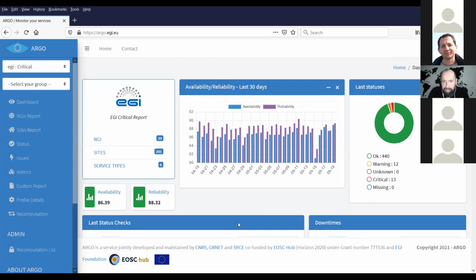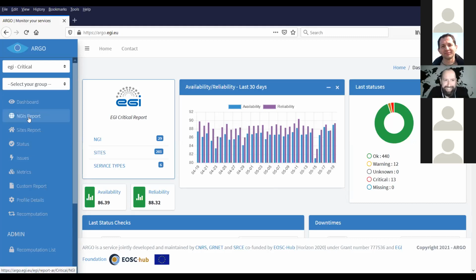This thing should be reasonably mobile friendly, but the dashboard just gives you a quick overview. So how the availability and reliability of the whole EGI was going in the past 30 days. Last statuses. Right now we have 440. To be honest, I'm not sure what these are. These are sites, I guess. No, sites, we have 200 sites. So 440 is probably aggregated something. I apologize, I'm not sure what this thing is. You can come back to me, I'll find out. So anyhow, this is the dashboard part. I do the backend part, so I'm really bad at presenting to you.